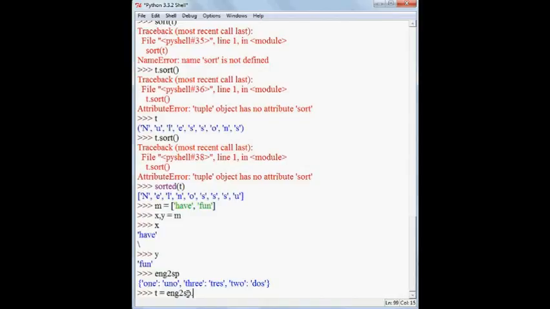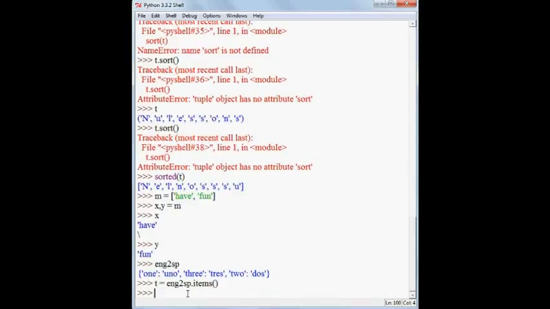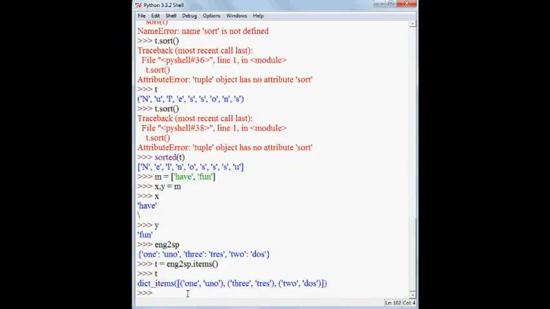T is equal to ENG to SP dot items, and then T. You can see that these are the dictionary items, with 1 and UNO as a key value pair in a tuple, 3 and tres, and 2 and dos, each now a tuple.